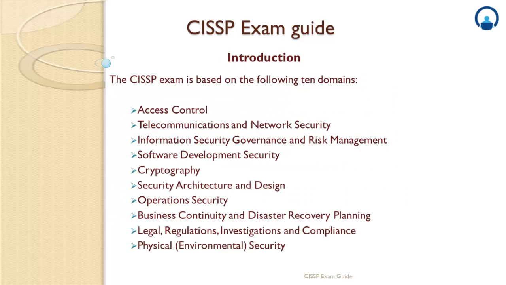So let's look at the domains. These are the 10 domains that we have in the exam, and this tutorial will be covering all of these 10 domains to help you get closer to the exam course. We have topics like access controls, telecommunication and network security, cryptography, business continuity, disaster recovery, legal, and physical security. All of these are in and around information security management. For example, the third topic, information security governance and risk management, is at a management level, like a management level tone at the top control.